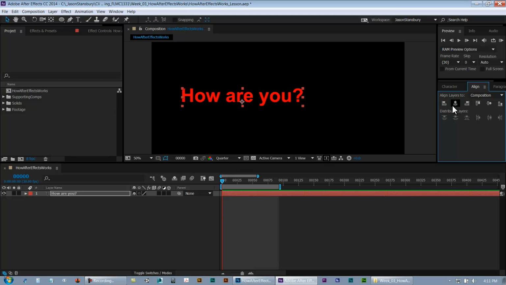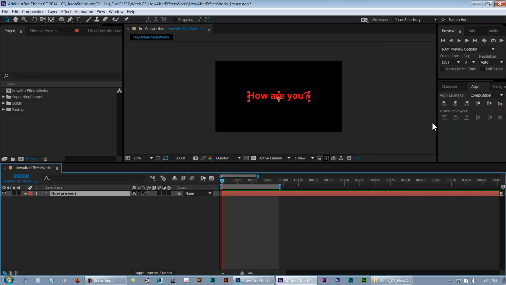And with the align tools, make sure that your layer is selected and you can align to the center and top and bottom. This is really helpful, really cool. You can align to a selection if you have multiples. For example,